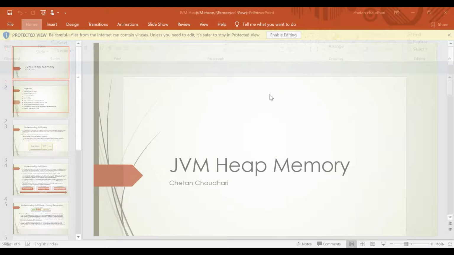Understanding the JVM heap. We already studied what a JVM, a Java virtual machine, is, and how its architecture is divided into multiple parts. Heap is a very important part of the runtime data area. We have seen that there are five different sections in your runtime data area, one of which is your heap memory.